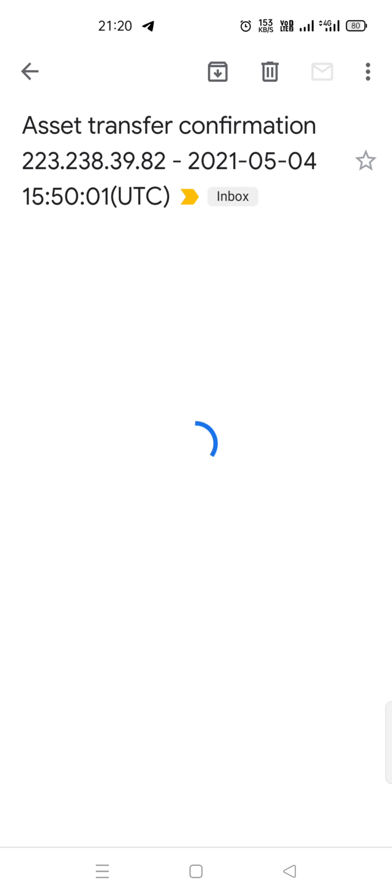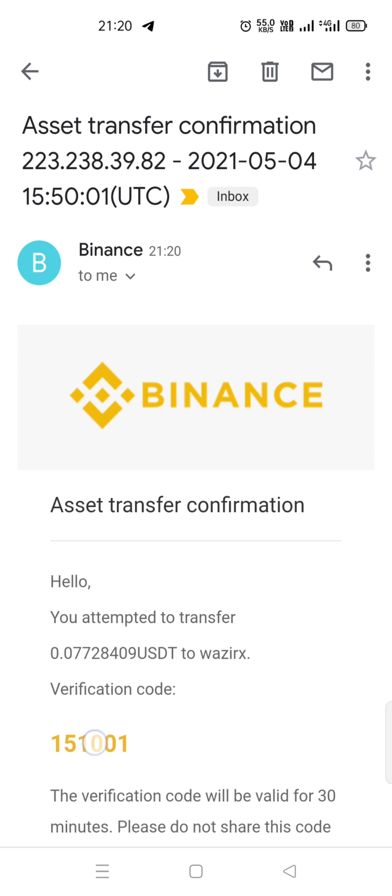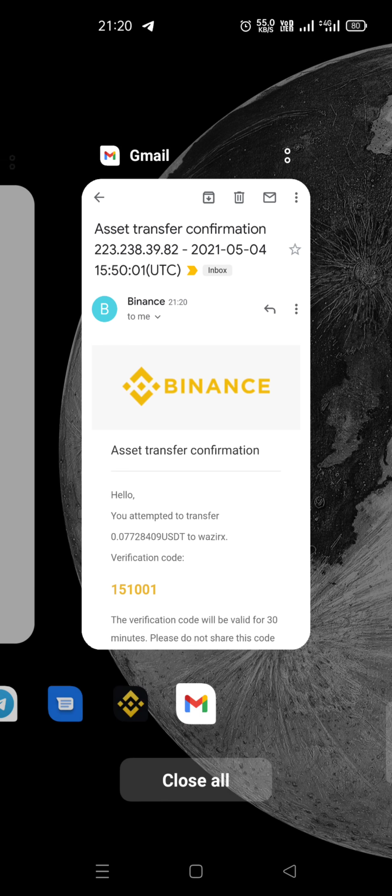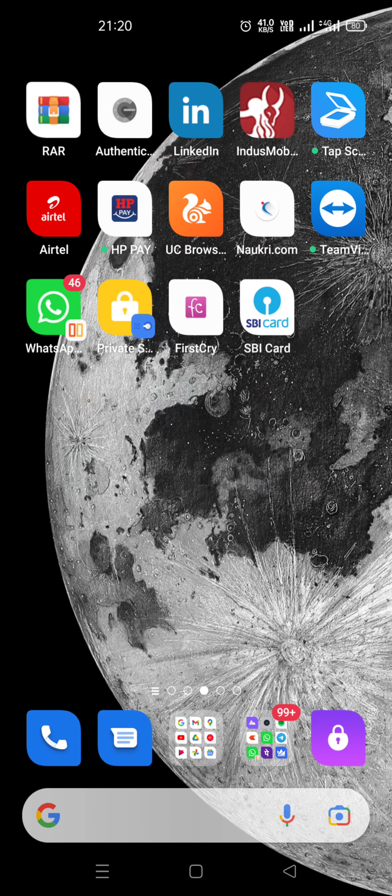My mail ID confirmation code is 151001. Let me go paste it here and submit.